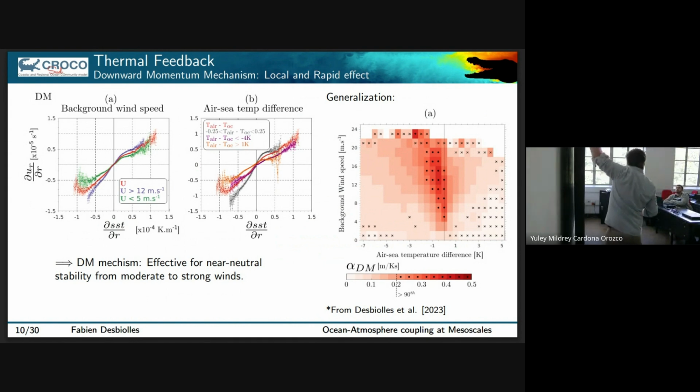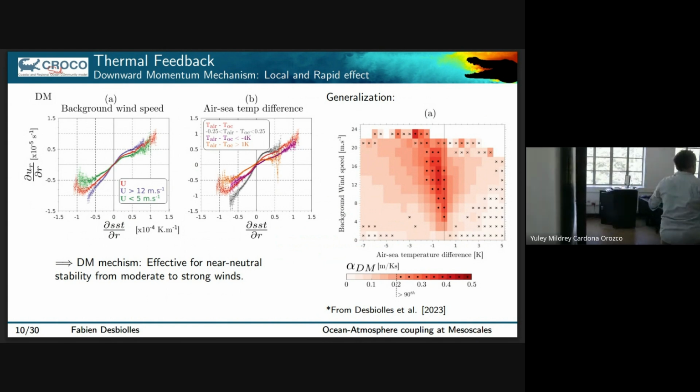So we can generalize that result for all types of background condition. Here, if we take the information only on the slope, we have only one number, right? So this is the slope of that fit. And this is a generalization. So in colors, this is the slope, okay? The darker reddish is the more efficient the coupling coefficient, the coupling process, okay? On the x-axis, we have the air-sea temperature difference, okay? So that's all the range that I have, and background wind speed. And what we see is that,